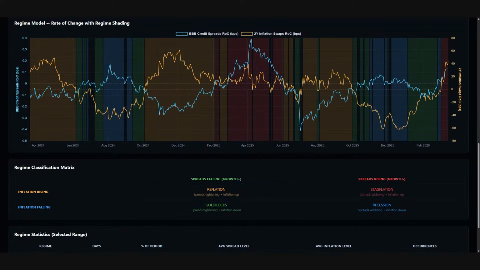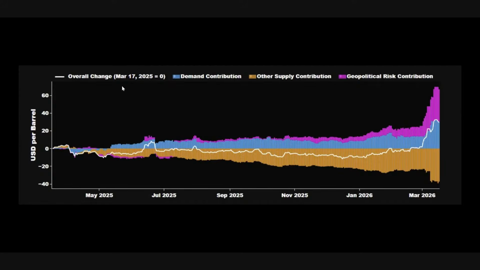Now, the other couple of charts I want to walk through, here's another really interesting chart on the supply and demand side for oil. You can tell right here on the supply side, we've had a supply contribution and a demand contribution, but a lot of the drivers have been a geopolitical risk premium. And I like seeing charts like this where you can see what the different attribution and drivers are, because we're still seeing overall the demand for crude in the market accelerate. If that was decelerating, then I would be concerned about recession, growth in the economy, or things along those lines.